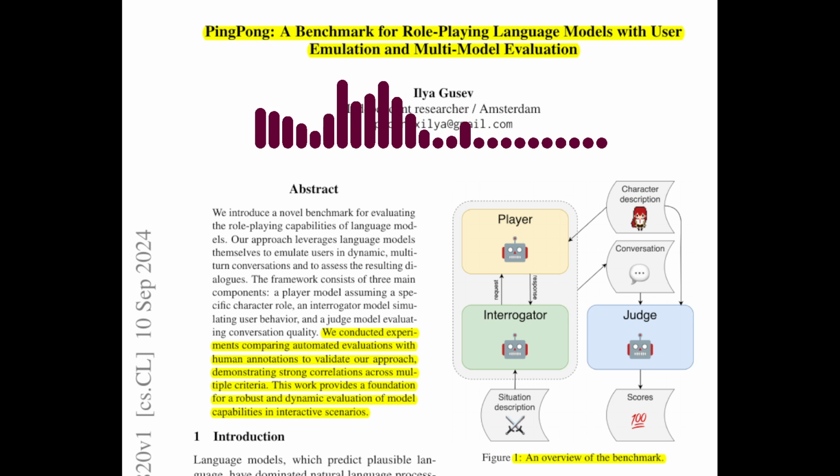The paper concludes by highlighting the potential of using language models to evaluate other language models. Can you elaborate on this point? The paper suggests that language models are already surpassing human capabilities in many tasks, and using them to evaluate each other could lead to further advancements in the field. This approach could potentially lead to more objective and efficient evaluation methods.